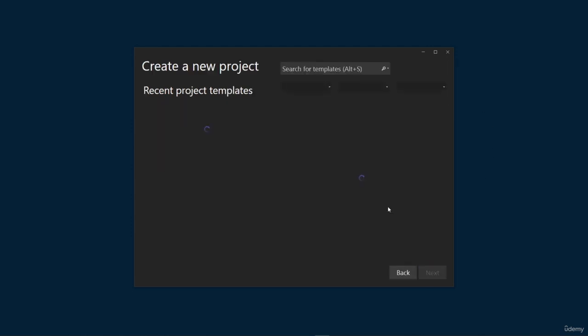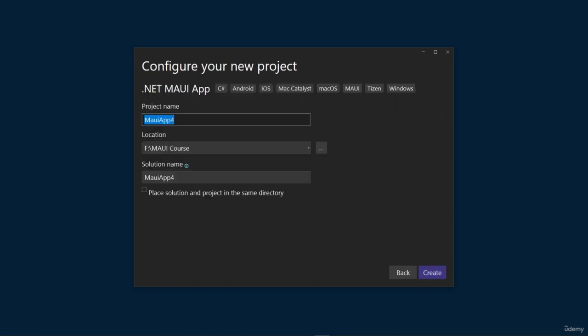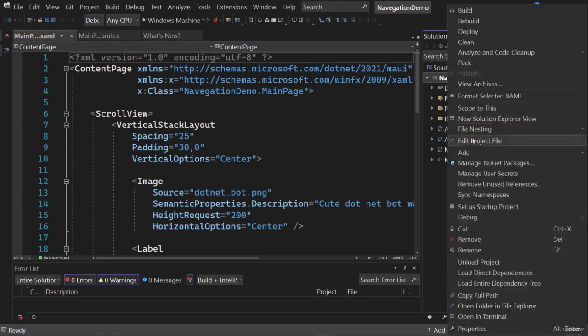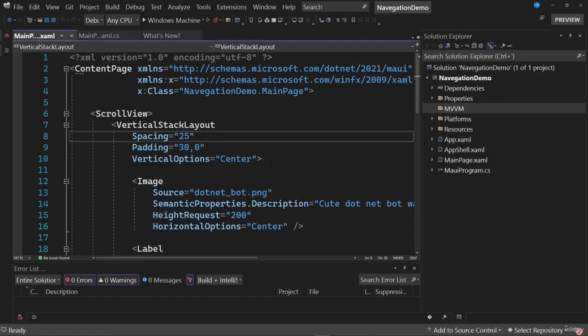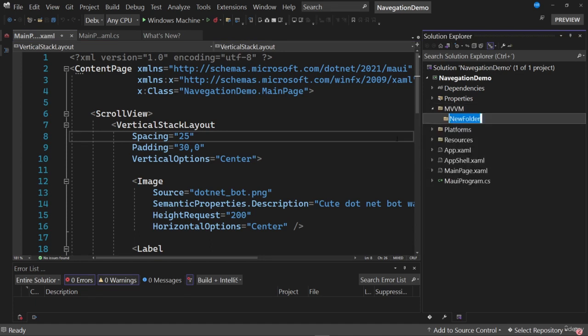To perform different tests, let's create a new project. Let's select the .NET MAUI app template and name the project, for example, NavigationDemo. Once the project has been created, let's remember a little of what we have seen about the NavigationPage. To do this, I'm going to create a new folder called MVVM, as we have done before. Once we have created the folder, let's create a new folder called Pages, and inside, let's create a new content